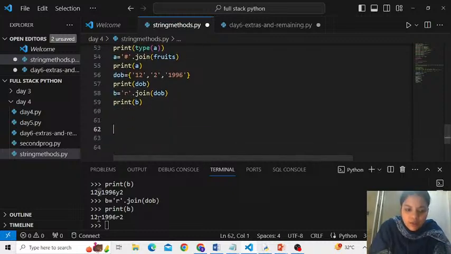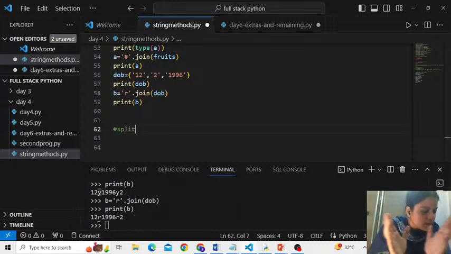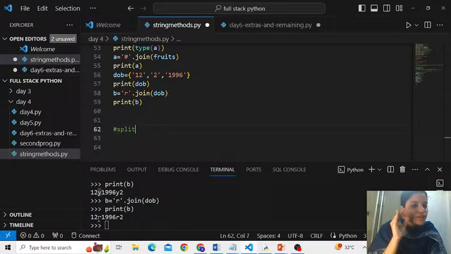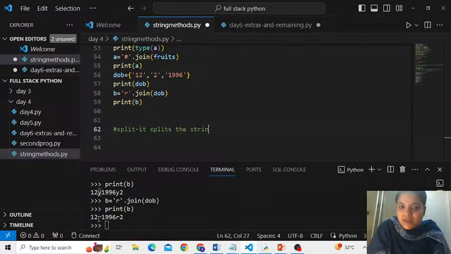Now let's see how split works, people. Split. The name itself tells what it is going to do. It is going to split the string into substrings, specified by a character, letter, whatever you call it.